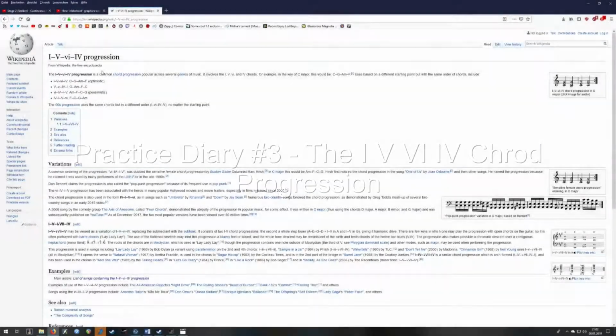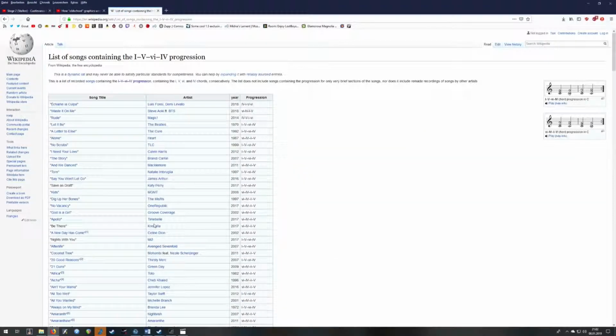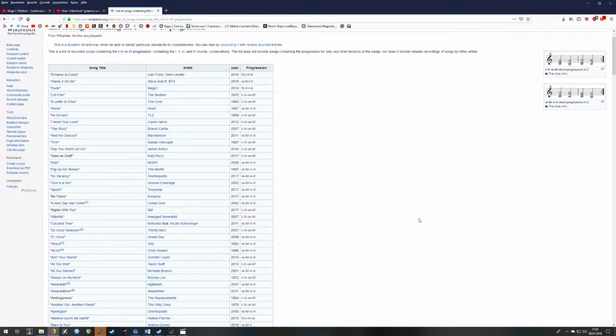While browsing through the internet and thinking about what to do next for my practice diary, I decided to practice my improvisation over a 1-5-6-4 chord progression. I decided to practice with this chord progression because it's one of the most common chord progressions